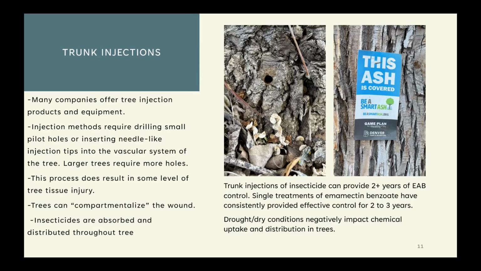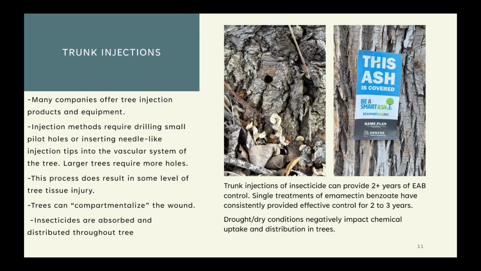Single treatments of emamectin benzoate have consistently provided effective control for 2 to 3 years. And there are communities that are exploring how long of protection they can obtain through single treatments, especially in areas where EAB populations may have been reduced. A factor to consider as far as the effectiveness of this application technique would be monitoring drought and dry conditions, as they can negatively impact the uptake and the distribution within those trees. And so it's important to consider how active the tree's vascular system is,